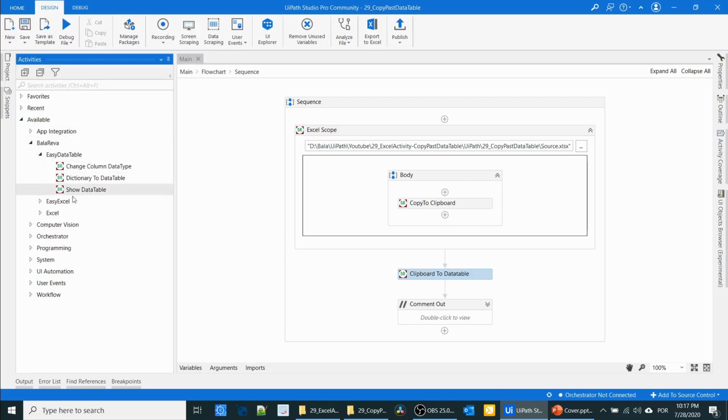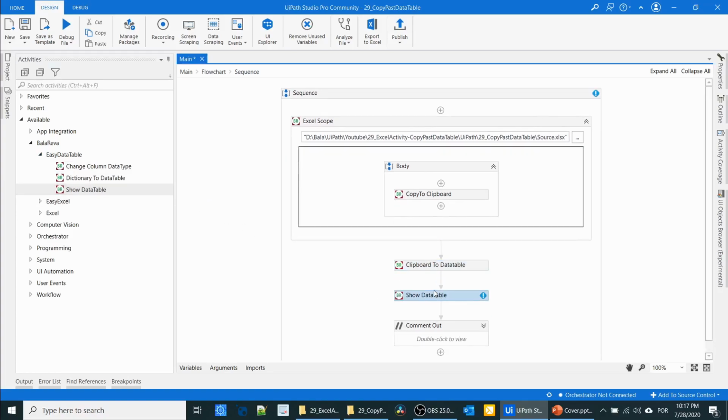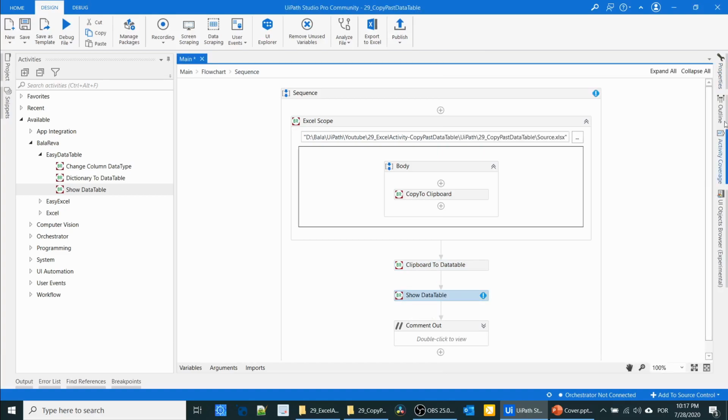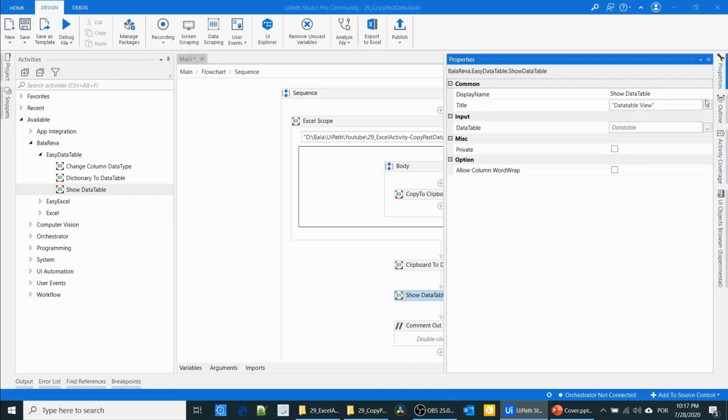In the easy data table, you have an activity called show data table. This activity will show the complete value of the data table, and also you can see the column data type. Here you have to specify the data table.